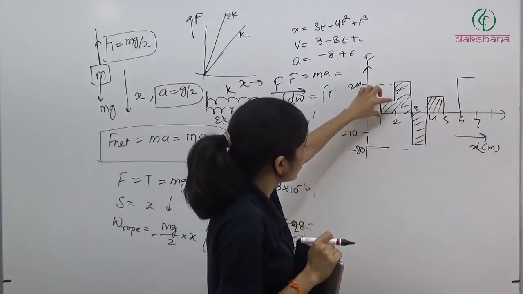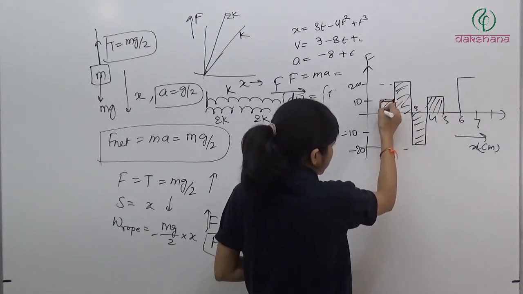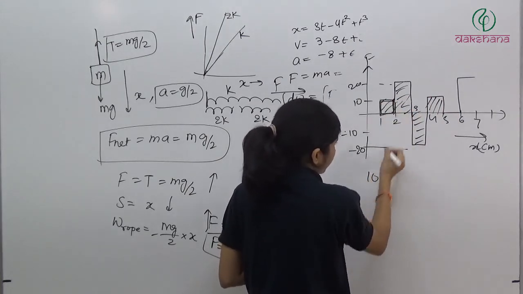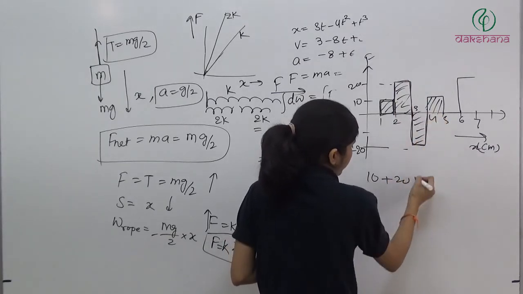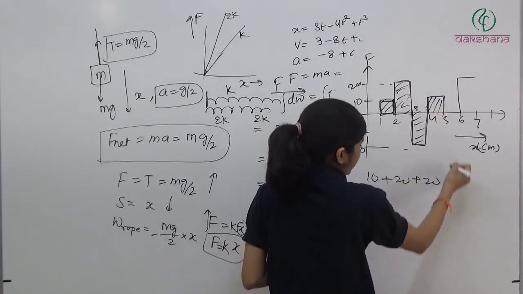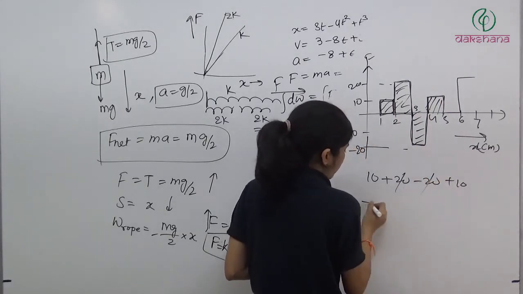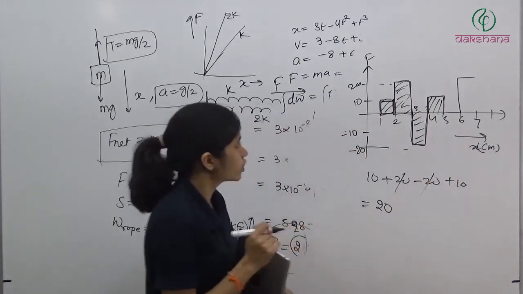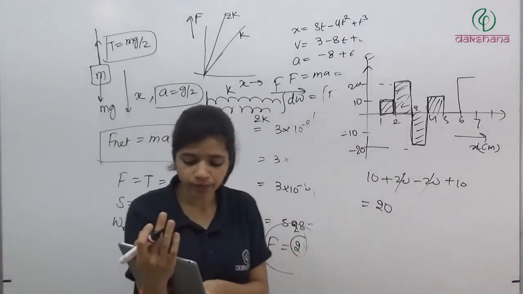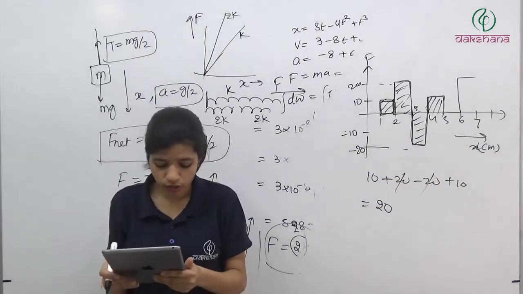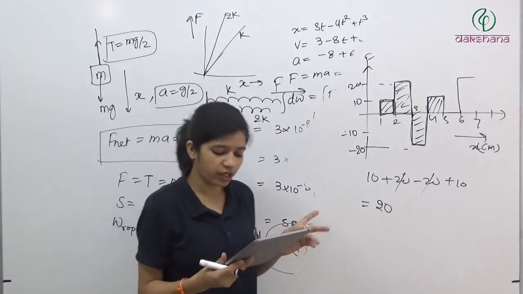So here we have, this area is, this is 10 and this is 1. So 10, and this area is 20. This area is again 20 and this area is again 10. But this area is minus 20. So this is going to get cancelled and we'll get 20. This is given in dyne and in centimeter, so our units will be in erg. So the answer will be 20 ergs, which is given in the first option.